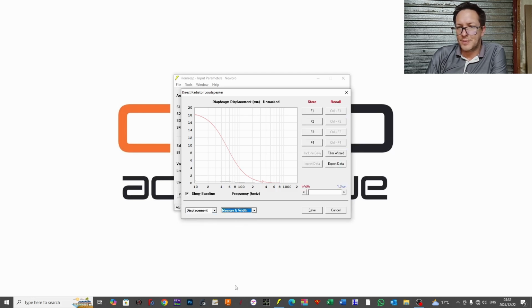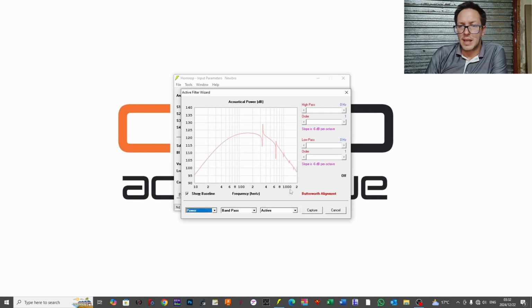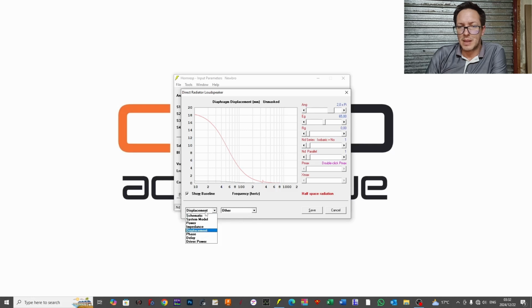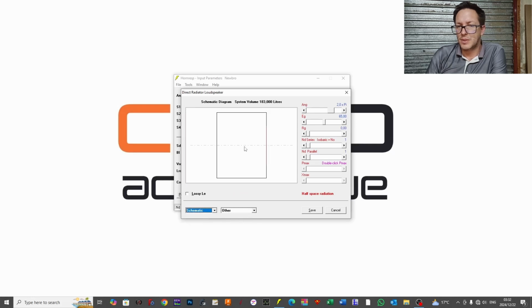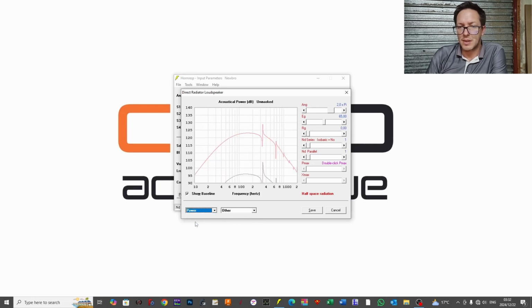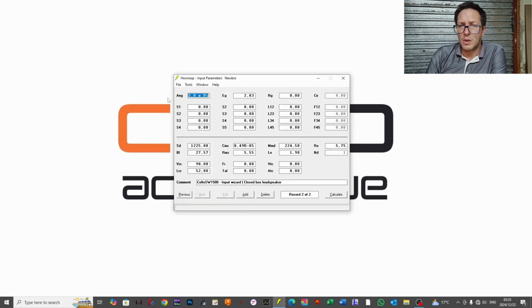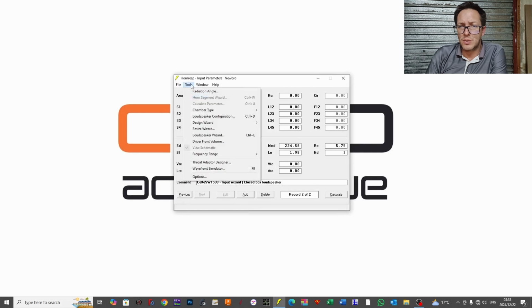Okay, memory and other. If you want to add, for example, a high pass filter, you can come here into filter wizard. There are two ways that you can activate this. I'm going to show you this again. So we would normally be like this. You'll see the schematic. You're going to come down to power. You can access the filter wizard from here. Impedance, you can still activate the filter wizard, or what we can do is come here, tools,